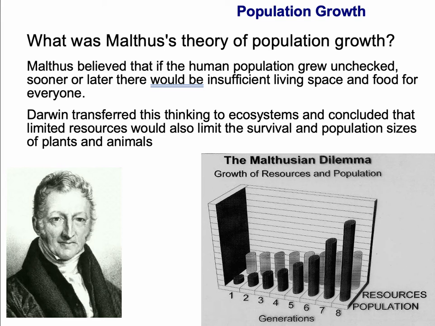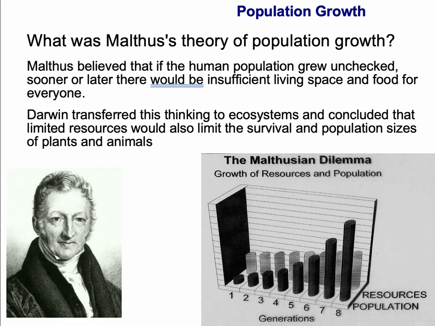Malthus was an economist and a social scientist who proposed a theory for why human populations didn't grow out of control, because he saw that there was the potential for human populations to expand exponentially and to eventually become so big that the earth wouldn't be able to supply all those folks with places to live and food to eat and so forth. And the population growth was limited because resources were limited.